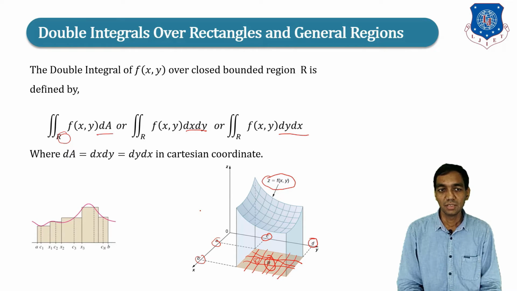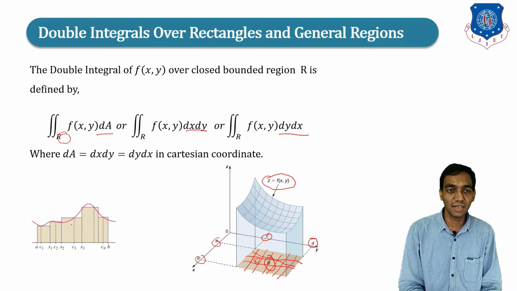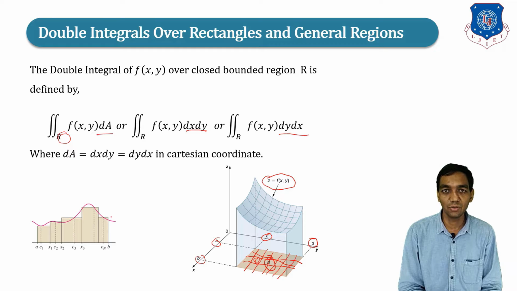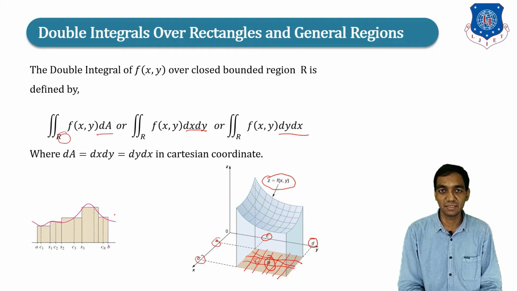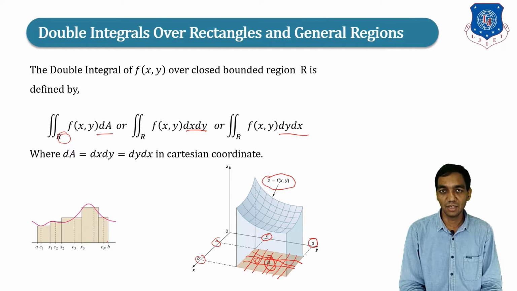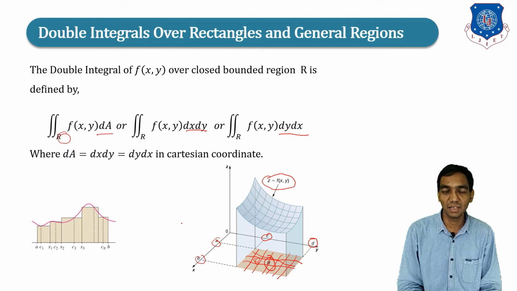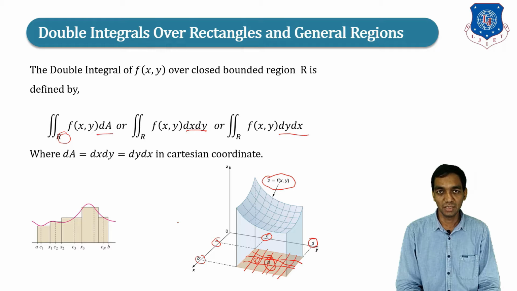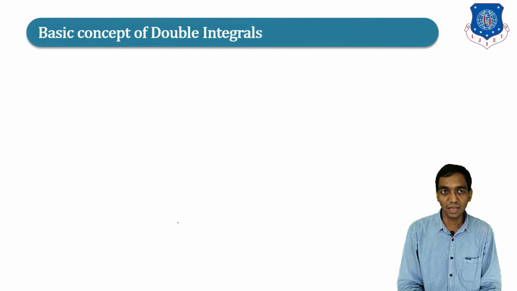Now, in one dimension, we have a single integration, and in two dimensions a double integration. If we take the single integration of f of x dx, in that case you have done the sum of f of xi times delta xi, correct, and you apply the limit, and whatever limit you get will give you the integration under the curve. In the same manner, here we take a double sigma and apply the limit, and that will give you the double integration over the region R.